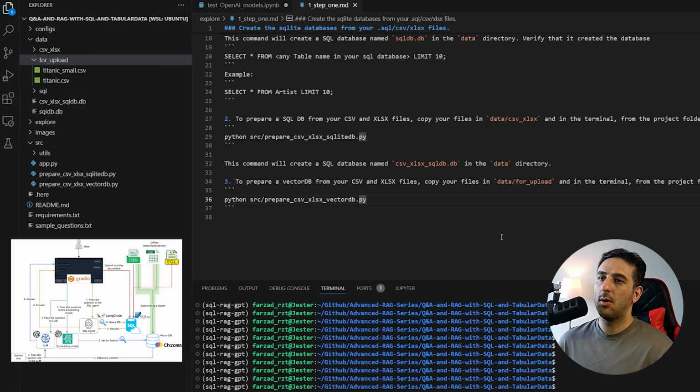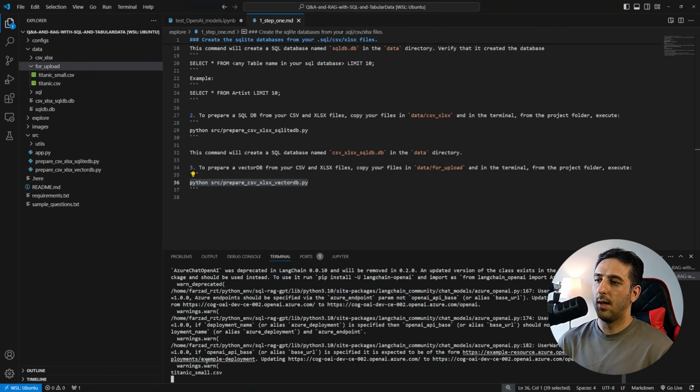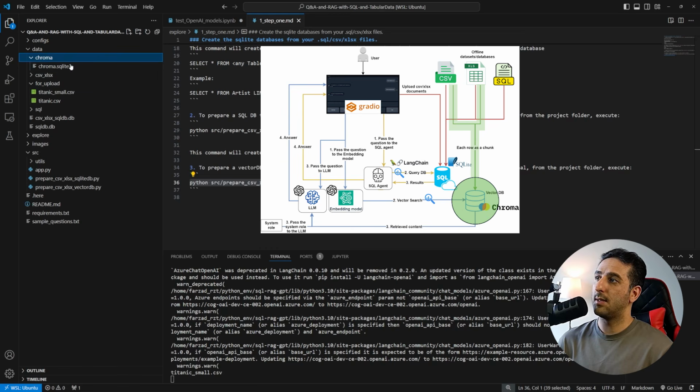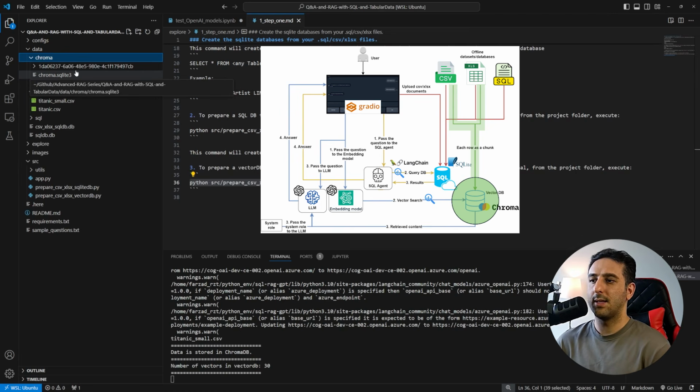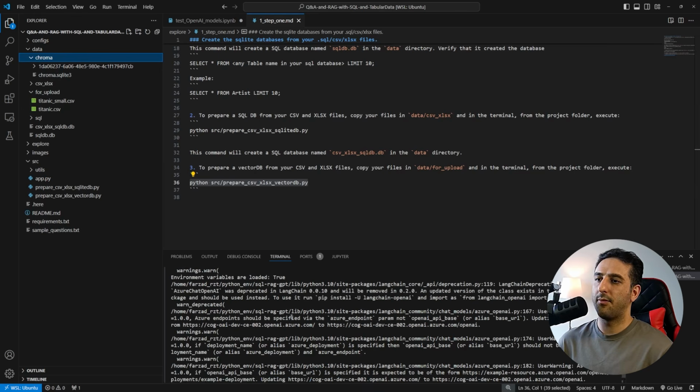But right now, if I execute this code, it is going to go through Titanic Small, and it's going to create a vector database from the content of my Titanic dataset. So again, I will show you in a moment what is happening behind the scene for each one of these